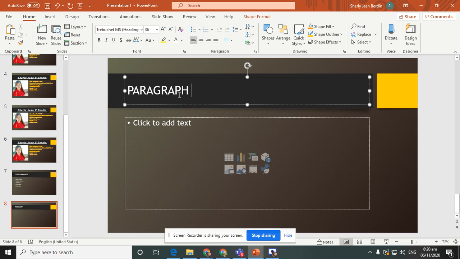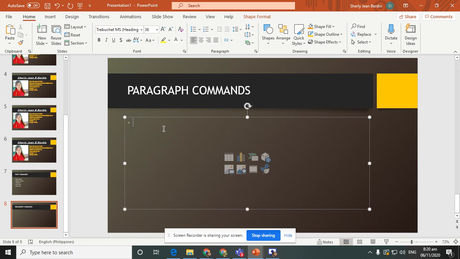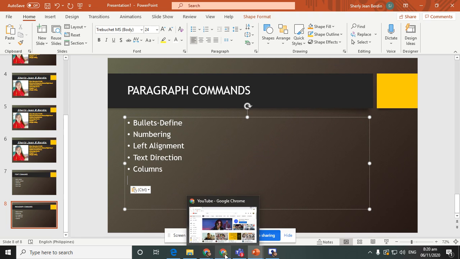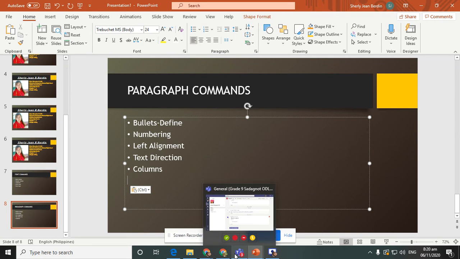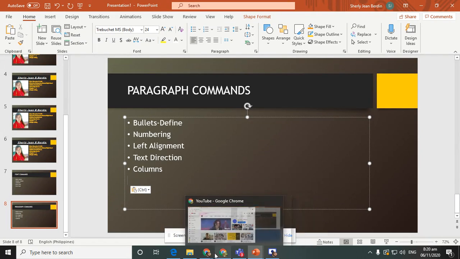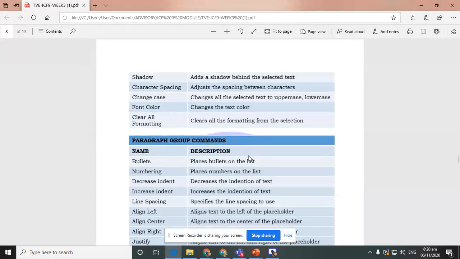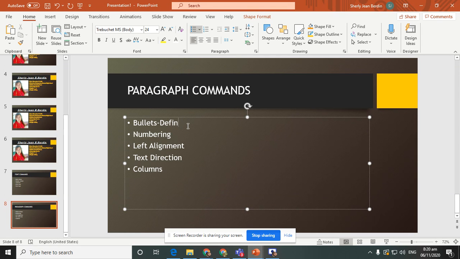Right there, paragraph commands, and then go to your module and find the definition of each command. For example, we go to the module, go to bullets, and then copy and paste that one so you can put the definition on it. Numbering.